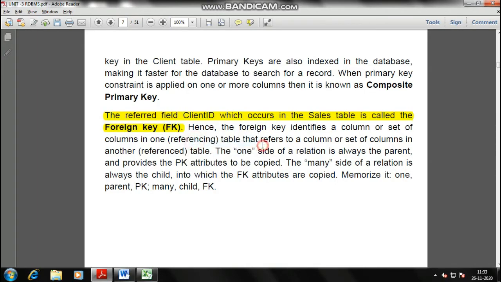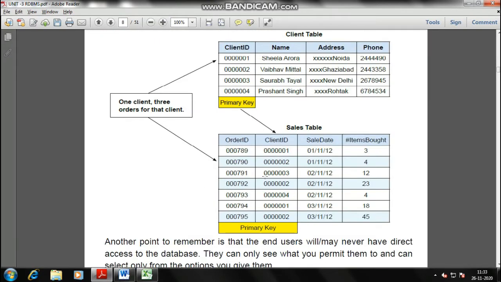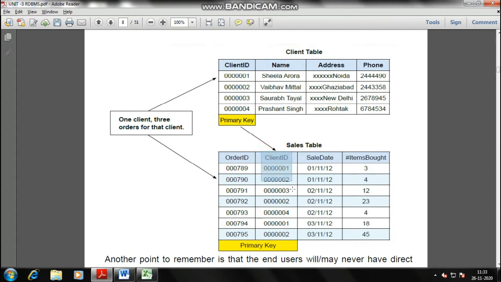I'll tell you why. Client ID column is the primary key of the client table, correct? But I just told you beforehand what a relational model is: we are creating a relation between these two tables. With the help of which column? With the help of client ID, we have created the relation in both the tables.